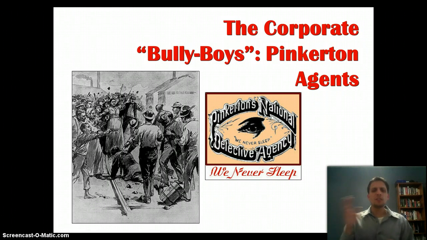For us, I think it's tough to understand that these battles could take place, that these could be real all-out battles in the street with guns and weapons, similar to two countries going at war. Often, the state militia may come in and try and quell the violence, or the federal government may come in, but sometimes they wouldn't get involved. Because remember, this is not a mass media type of situation. There's no television cameras and things on screen every 5 seconds. And so this really got out of hand, and it lasted for about 4 months.